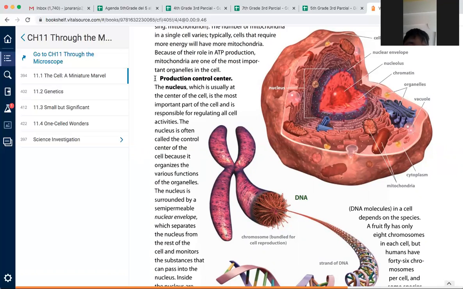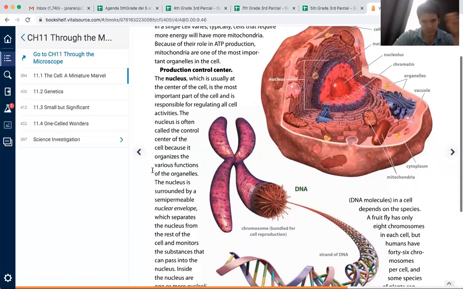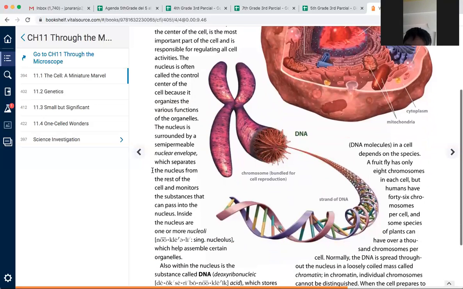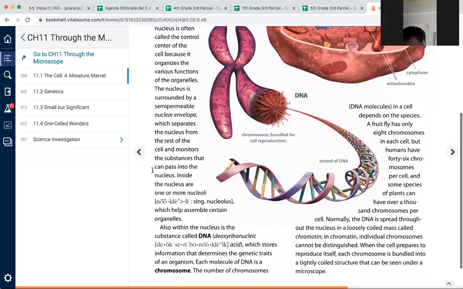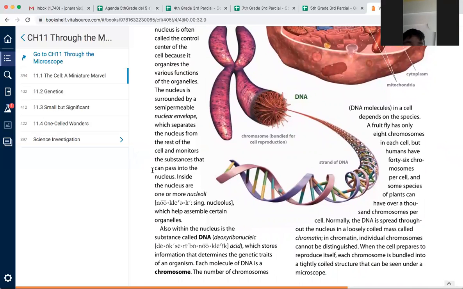The nucleus is surrounded by the semi-permeable nuclear envelope, which separates the nucleus from the rest of the cell and monitors the substances that can pass into